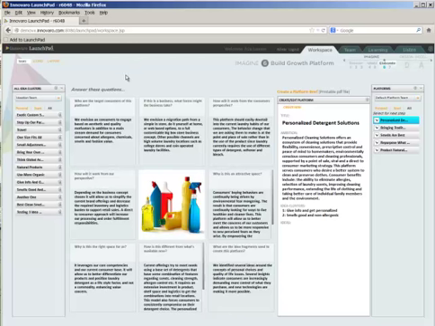So that's all I really want to talk about in this section on building growth platforms. And in the next section, we're going to take a couple of these ideas and bring them forward. And you notice how these have the checks on them. You can create platforms that you don't take forward at this point in time. You can say, here's an idea, here's a platform, but we're not going to move this forward to a business concept, but I don't want to lose it. So by checking it, you bring it forward. If you don't check it, you don't lose it, but you don't bring it forward. So that way you can build out platforms for the future as well.